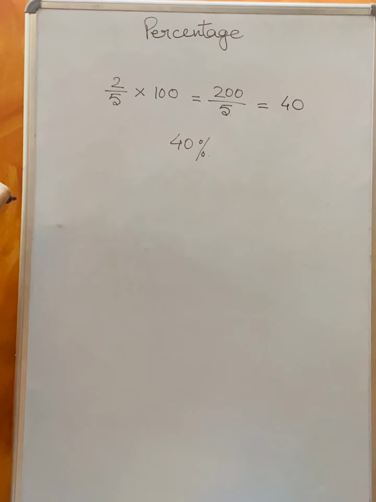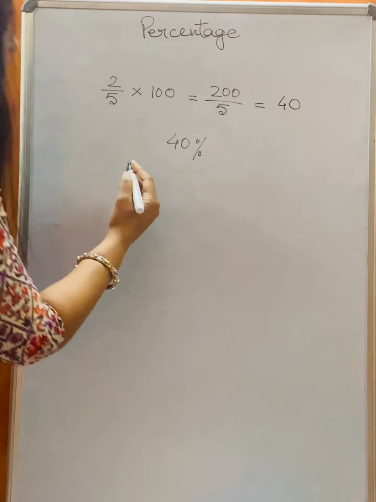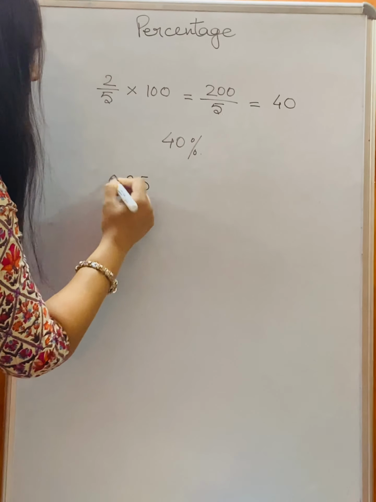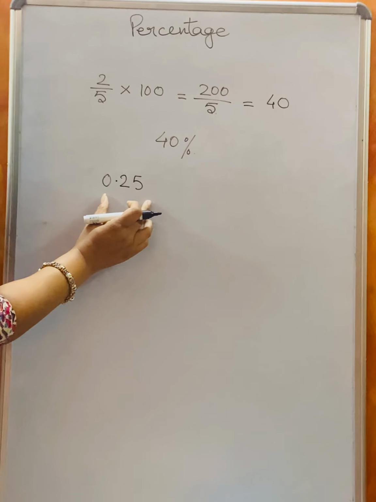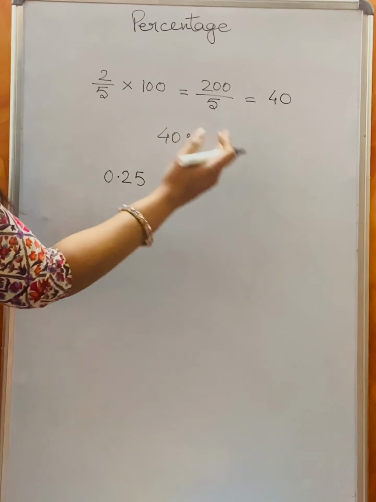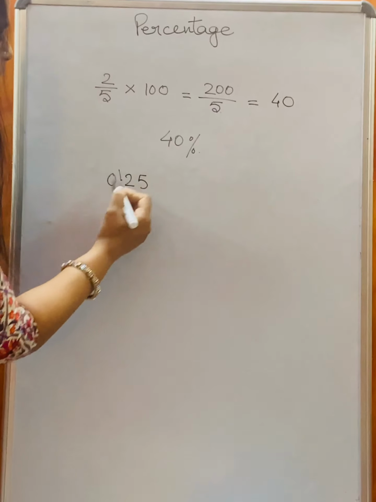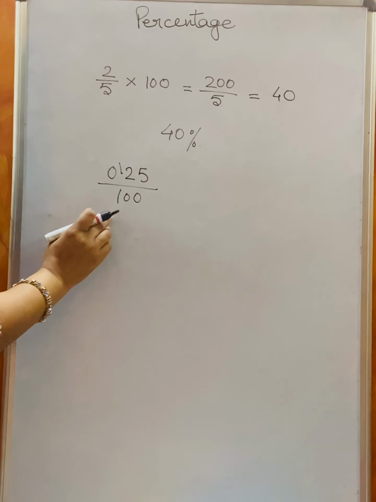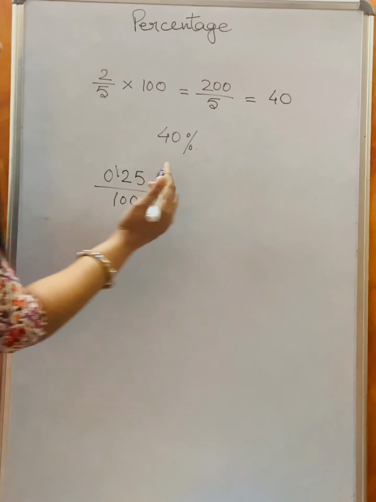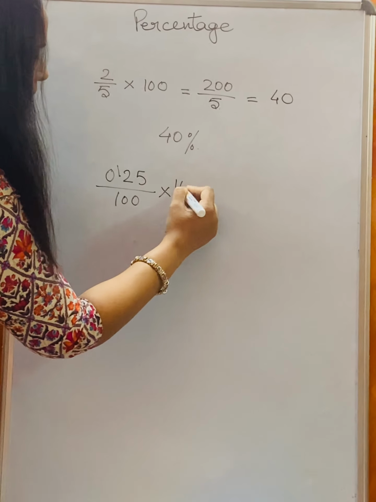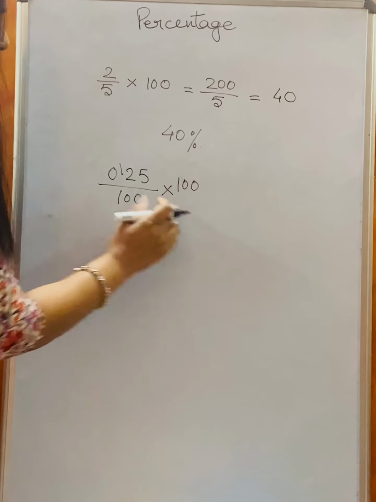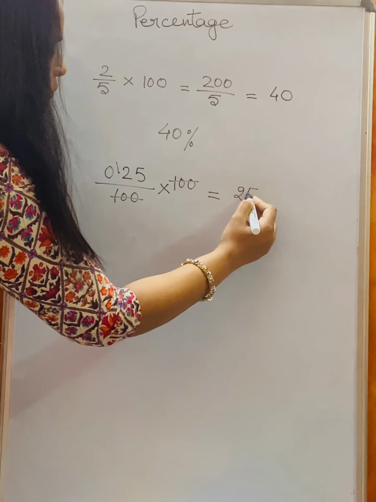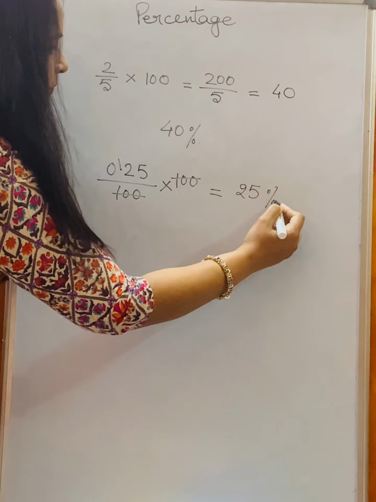Again, with an example, suppose I have a decimal, that is 0.25, and I have to convert it into a percentage. I will remove the decimal and add 2 zeros to 1, meaning write 100 as a base number, and multiply by 100. Cancelling out 100 with 100, I will get 25. So the result will be 25%.